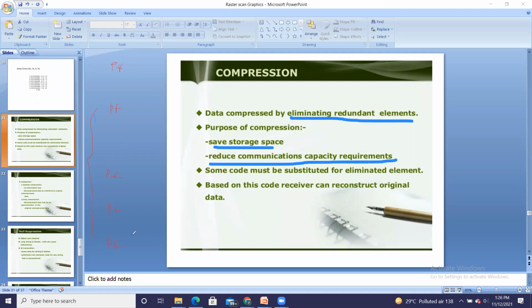Printf statement is present 5 times, so I have to reduce by eliminating this redundancy. But if I directly remove these 4 printf statements, you will not get your file as it is.